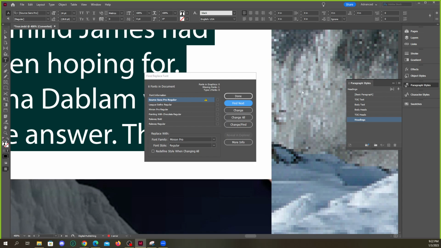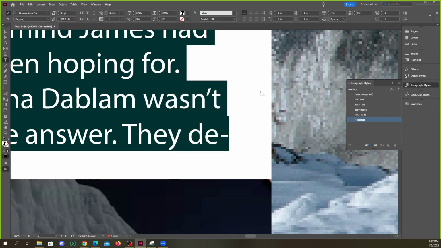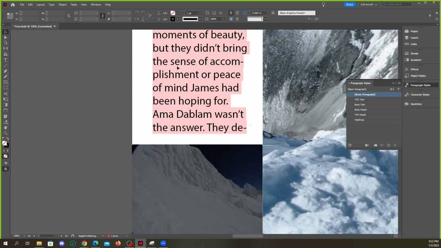But maybe I just need to, when I first open the document, it asks me if I want to download the fonts that are missing. Maybe I have to do it from there. Or